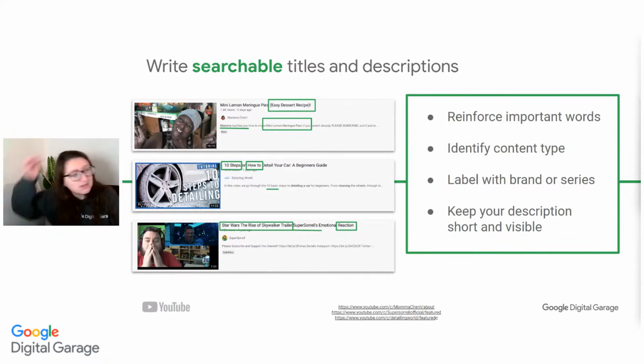One thing that's important when it comes to the description is keep that description short and visible. You can see from all of these examples, we get that truncation. So the first 2 lines is all that's going to be visible of that video description. You can add additional information for the see more, for those people that are interested and do tap that see more. But are the first 2 lines of that video description making sense fully and driving people to want to watch that video content?